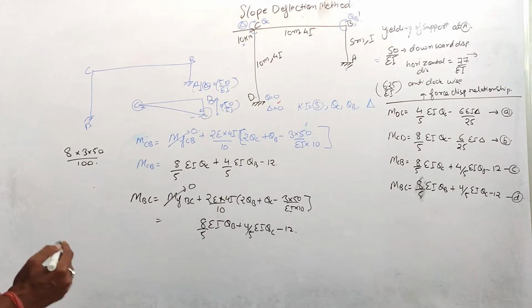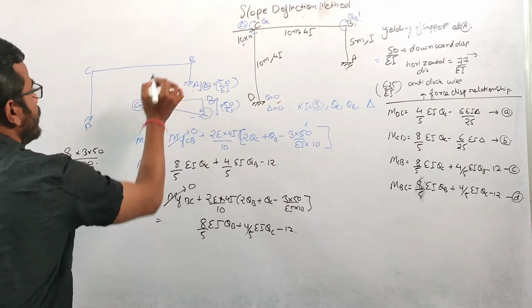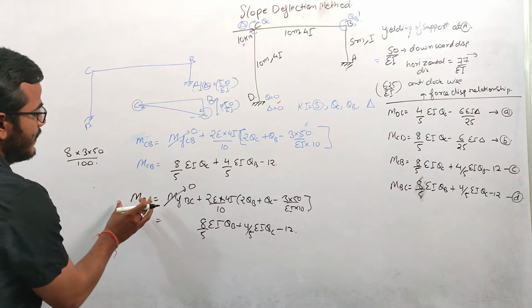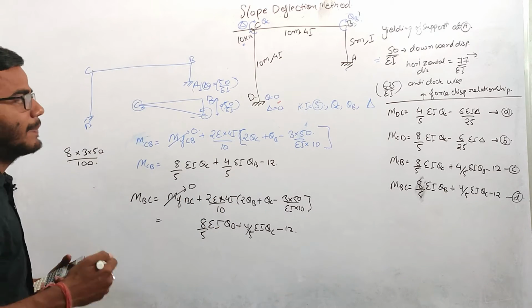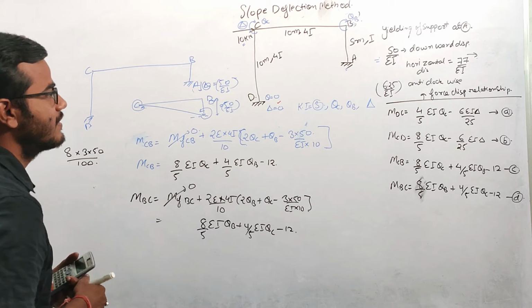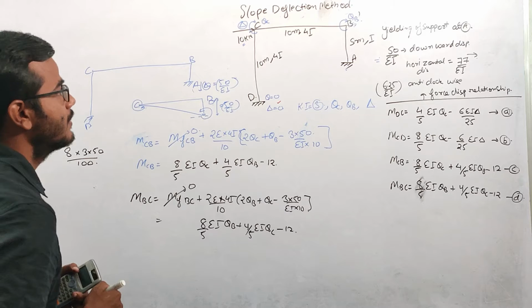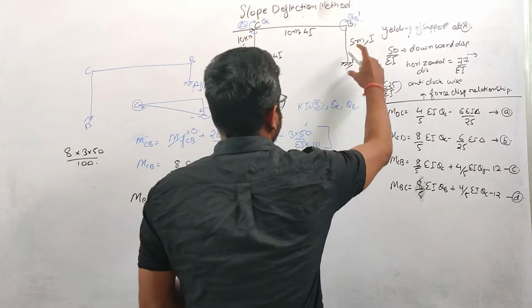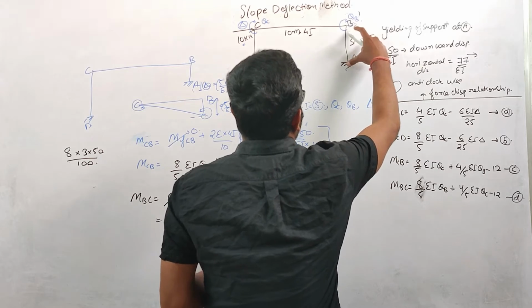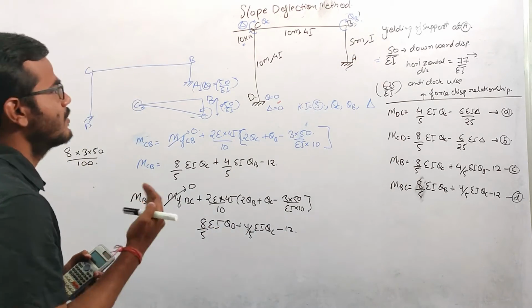Right. So this is the way we write the equation for this beam, or you can say this horizontal member. We have represented these end moments in terms of the displacement components, right? So this is the ultimate purpose of slope deflection equation. The basic step in slope deflection equation is to establish this force displacement relationship. Now let us come to this column, which is of length 5 meter. Okay, this AB column. So we'll establish again the force displacement relationship for this AB column.